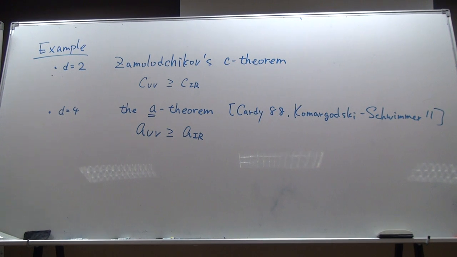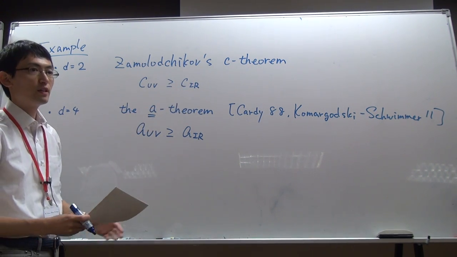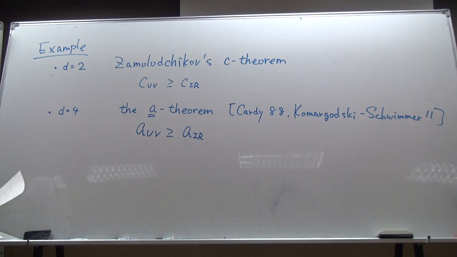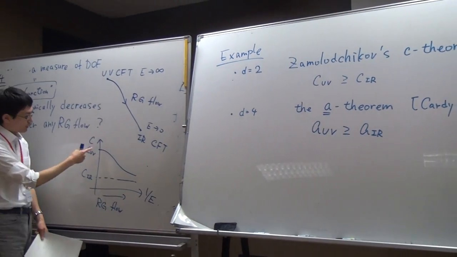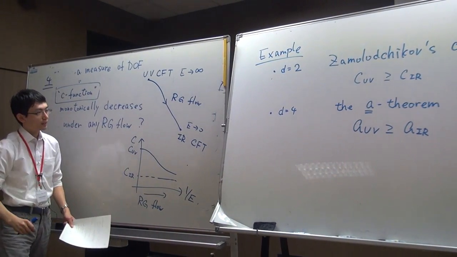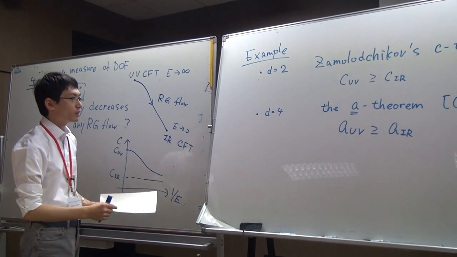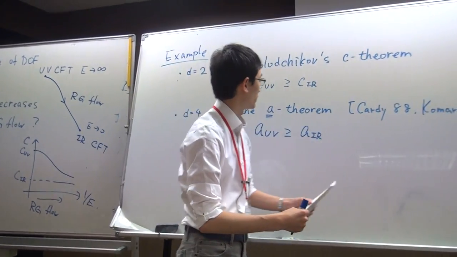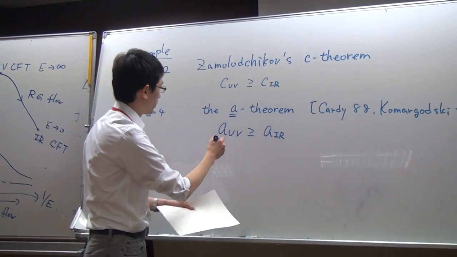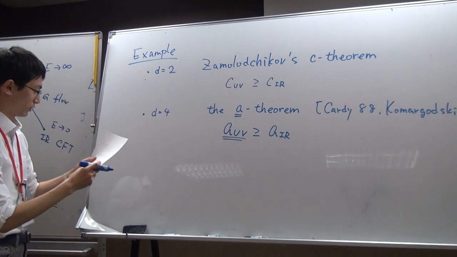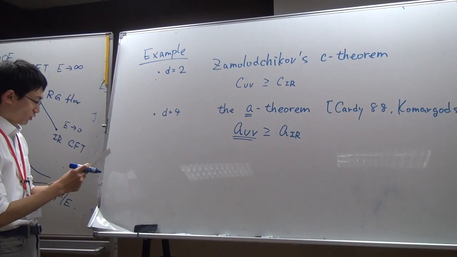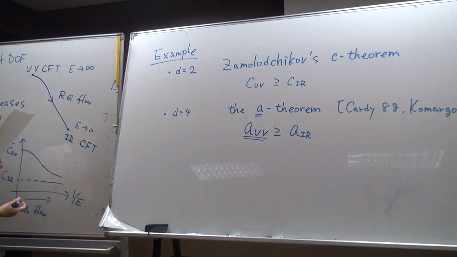Sorry, is A defined along the RG flow? I think they constructed an interpolating function, which is well defined in between. So in both cases, there is an interpolating function between the UV and IR fixed points. In 2 dimensions, Zamolodchikov has such a function, the Zamolodchikov C function. And in 4 dimensions, recently they constructed nice functions which coincide with the A anomaly at the fixed point. Today I'm going to talk about their relation to the entanglement entropy,